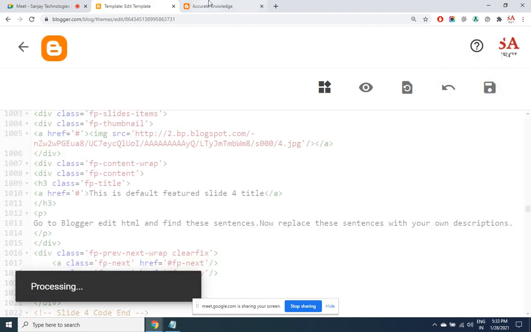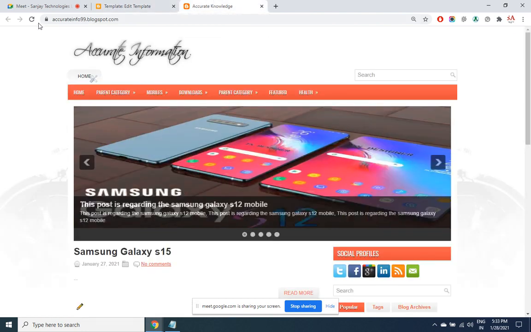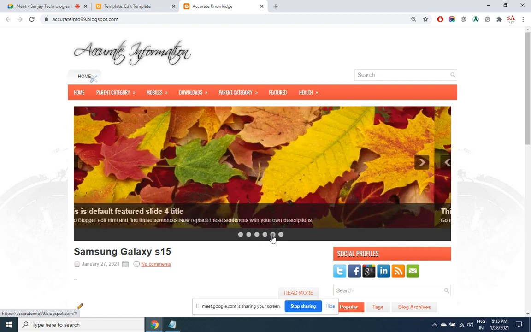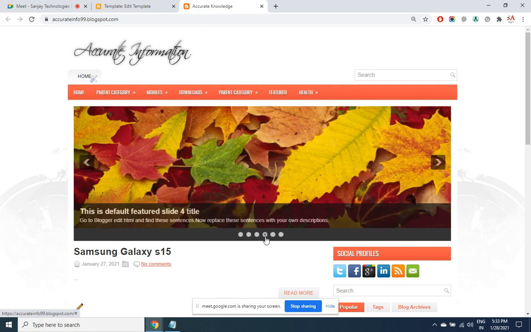So logically slide 4 and slide 5 have to be the same. And now I'll be having an extra slide here. There were 5, now we have 6. Look at the 4th and 5th, both are the same. But you know how to edit this. This is the way the sliders work. So any theme, any slider, you got to do it in the same way.